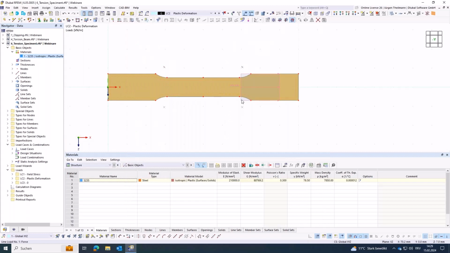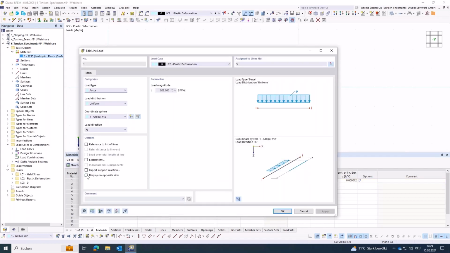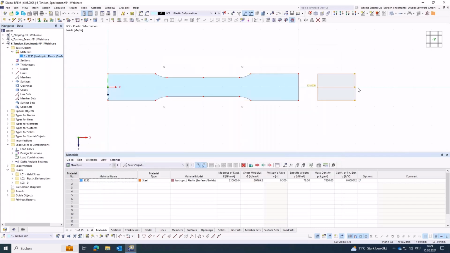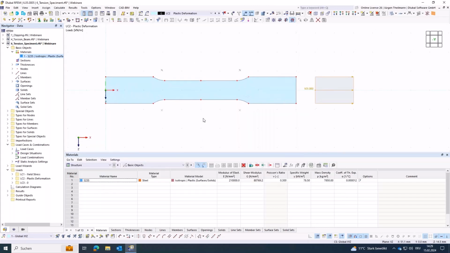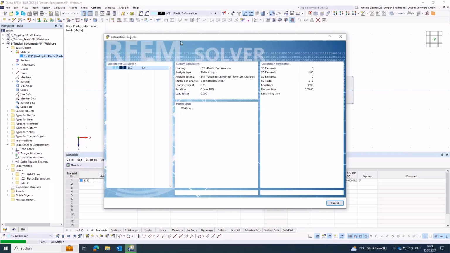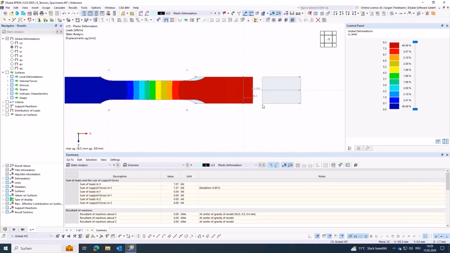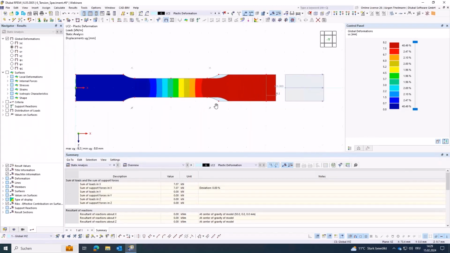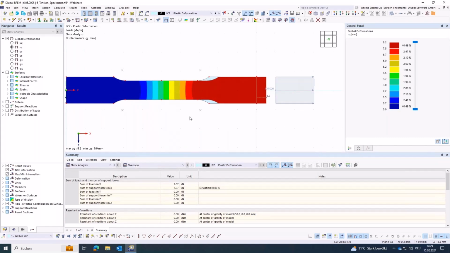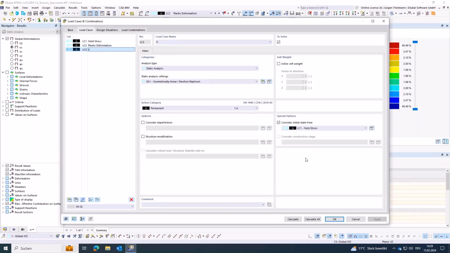Okay, now I go to my load, display it on the opposite side again, just to make this look nice. So you can see this is a tension rod. Then I calculate my load case number 2, so you can see the plastic deformation of this model. So you see from 0.1 millimeters to 8.2, that's rather a big difference. Now, when I go to my load case number 3, and I change that from an initial state of yield stress to my plastic deformation,